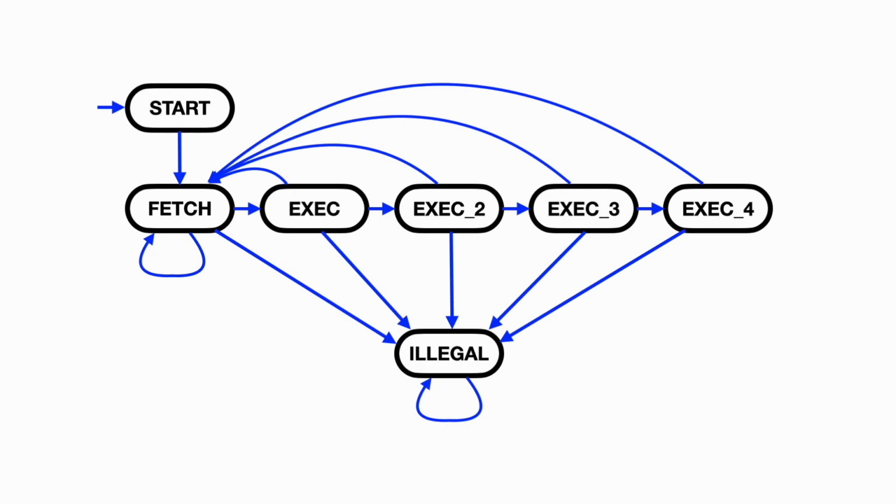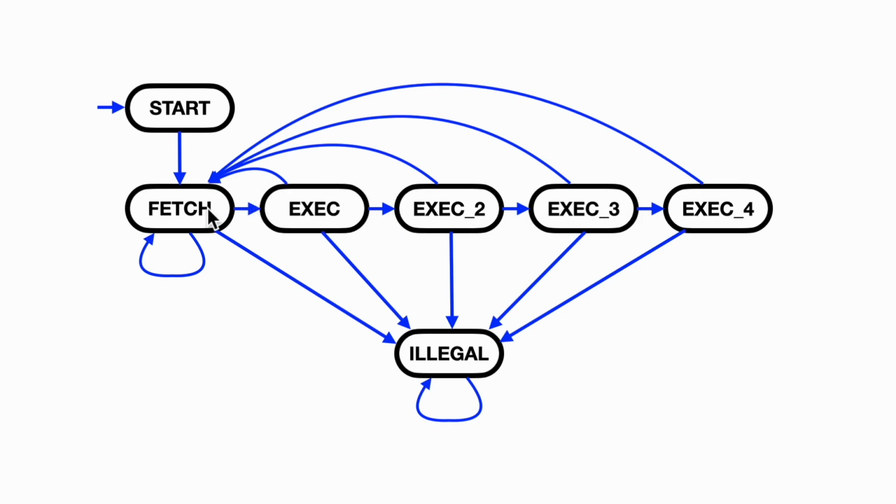Here's the finite state machine. On reset, our core enters the start state, and then on the next cycle it enters the fetch state. Instructions can take 1, 2, 3, or up to 5 cycles to execute, and they proceed through the states in this order. So for example, an instruction that requires 3 cycles will experience the states fetch, exec, and exec2. So the first state of any instruction will always be the fetch, and then we'll proceed along this chain here